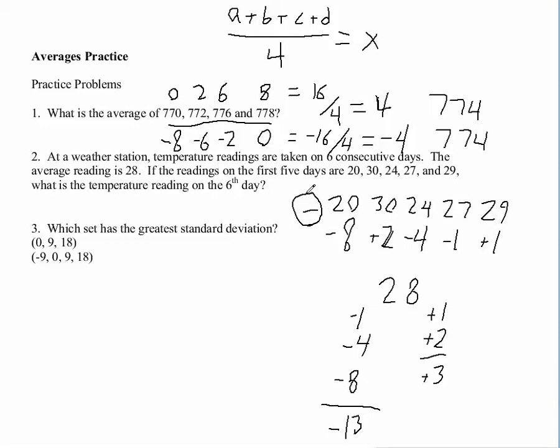We know that our missing term, our 6th term, must balance these figures. It must make it so that instead of having 3 above the average and 13 below the average, we've got an equal number above and below the average. So it must be 38, because that gives us another 10 degrees of positive deviation and balances it out. So rather than having to do any painful addition or painful calculations, we can just say, well, we know what the mean is, 28. Let's look at what the deviation from the mean